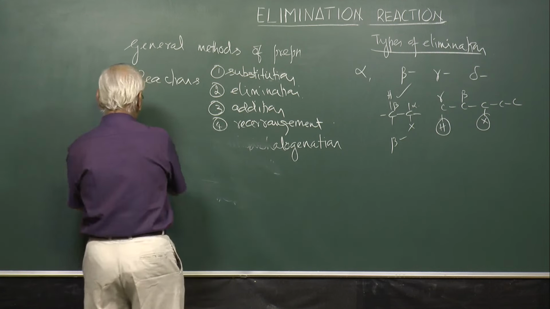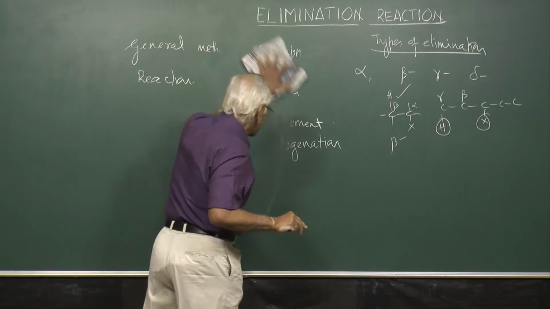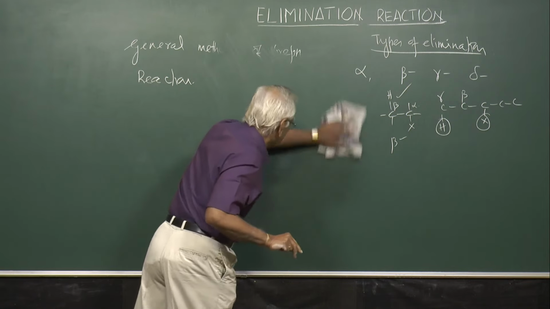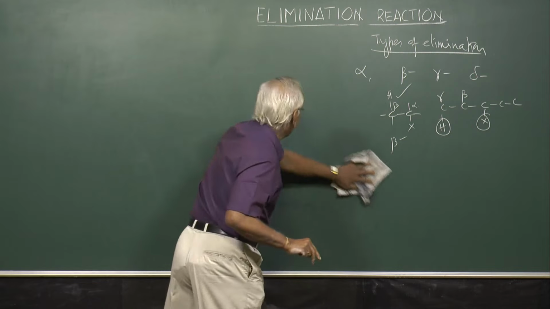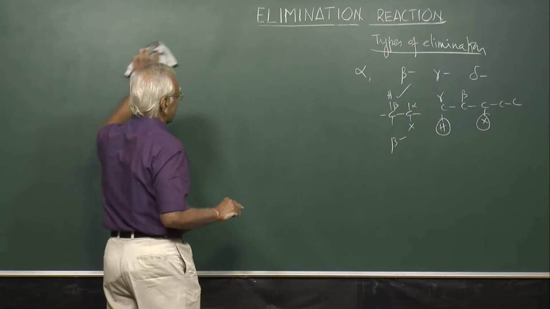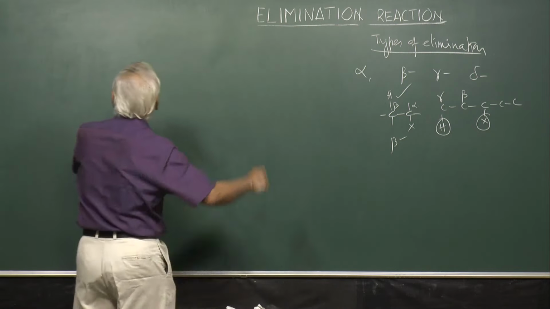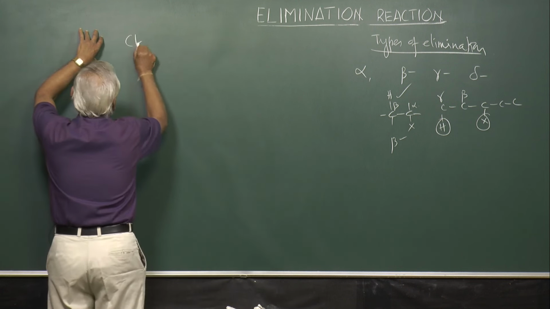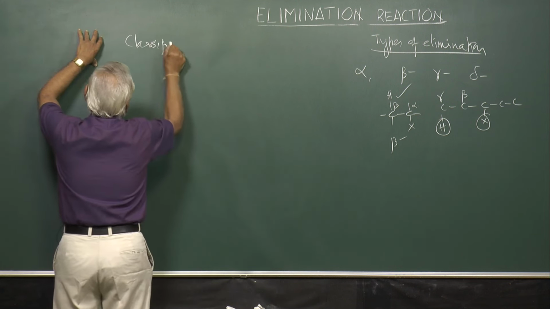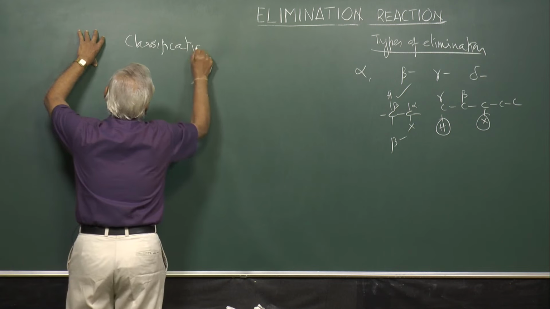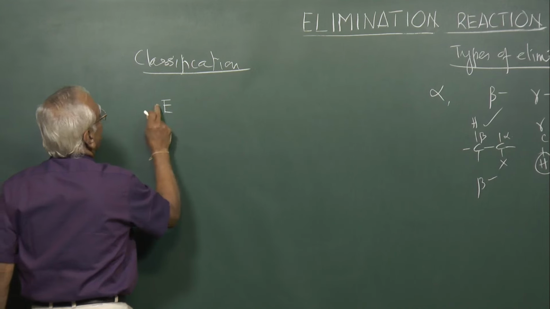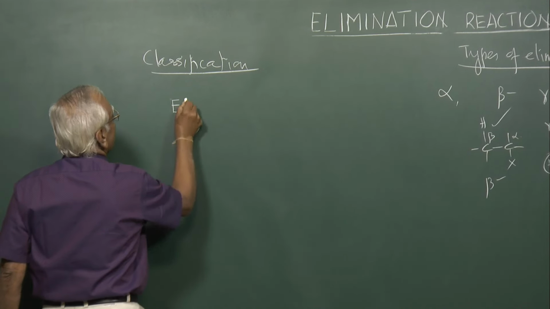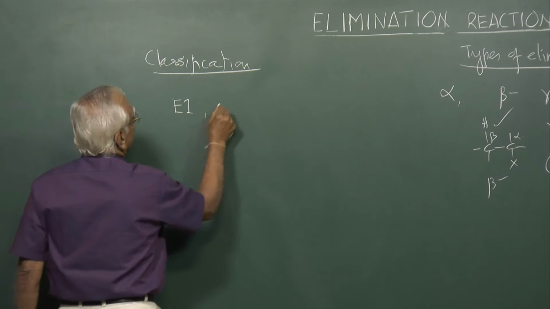Okay. The next one, in terms of the mechanism, what are the different types of classification of elimination reaction? Classification or types of elimination reaction. Now, they are identified as E1 reaction, E2 reaction,